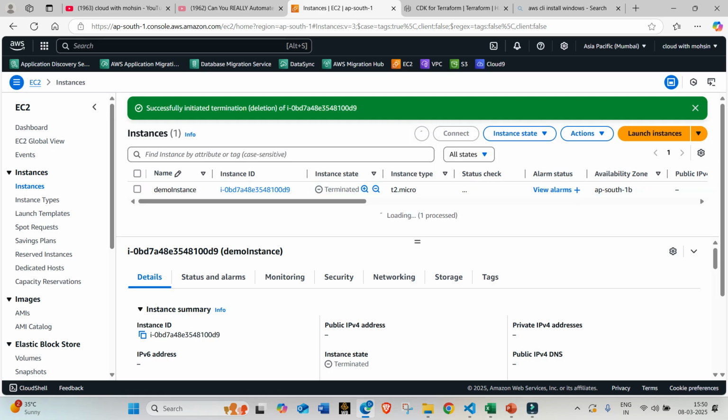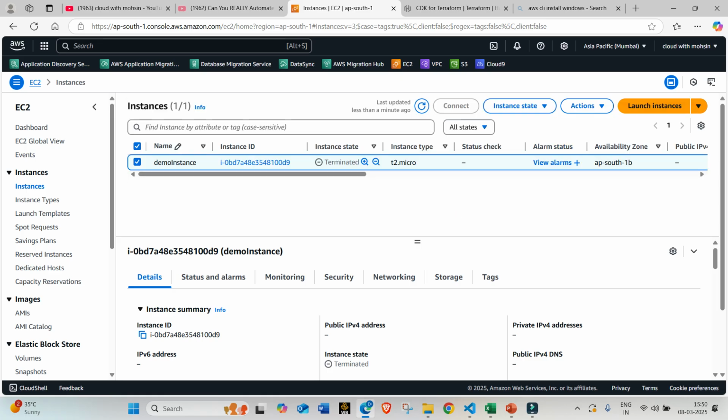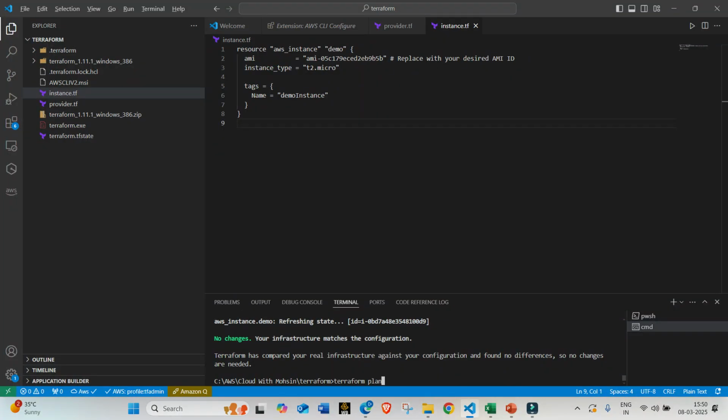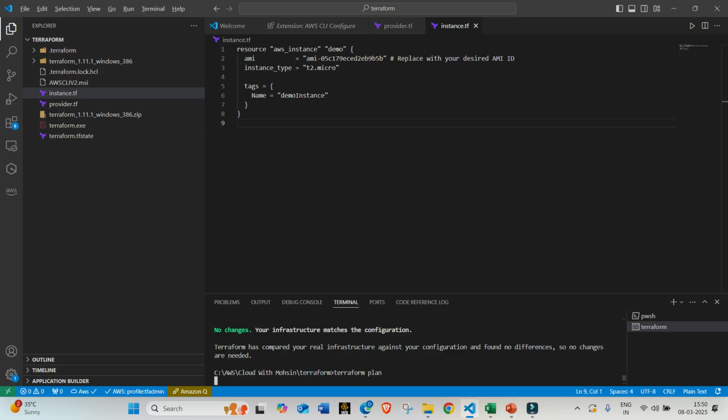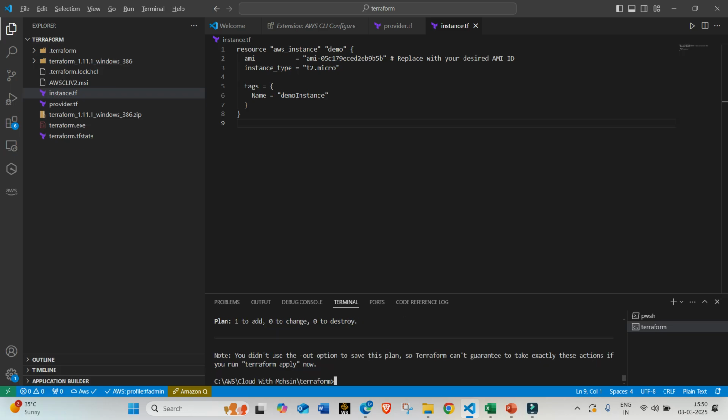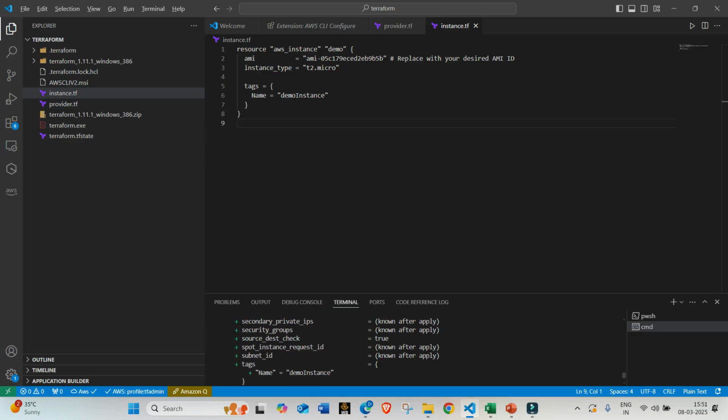And now we can see what Terraform plan will tell. Okay, now here you can see the plan. It will tell 1 to add, 0 to change, 0 to destroy. So if we scroll up,